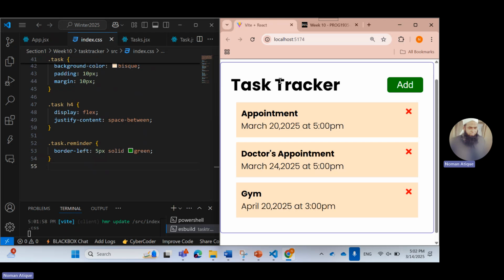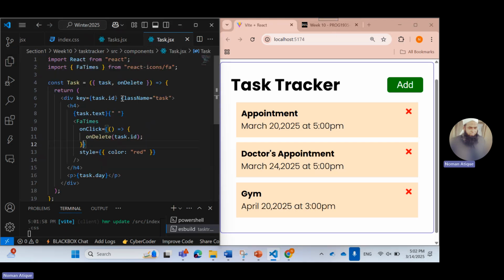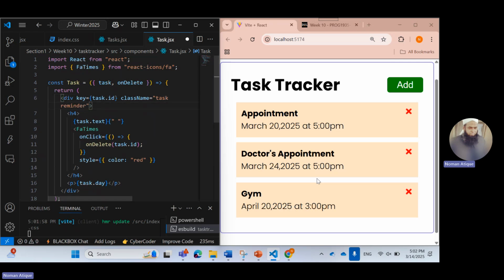Now, interestingly, listen. If you open your task component, do you remember that task component? Every task has a class of task. Everyone remembers that one in the div. And remember, this task is a class that is giving this styling, background color and everything, the font size, everything. If I just come here and I give a space after task and I write reminder, the class that I've created just now, I do it for everything. If I hit save,